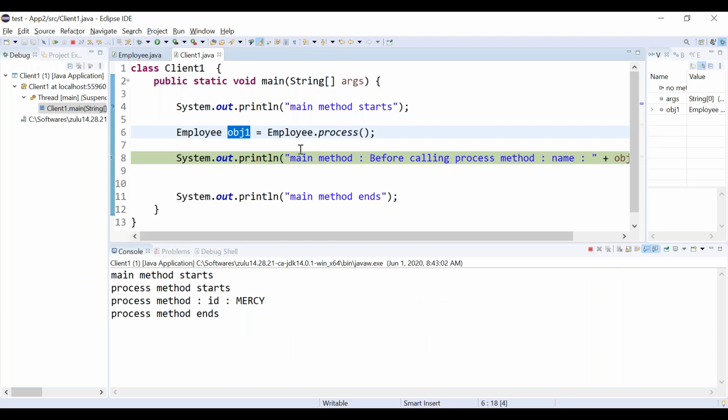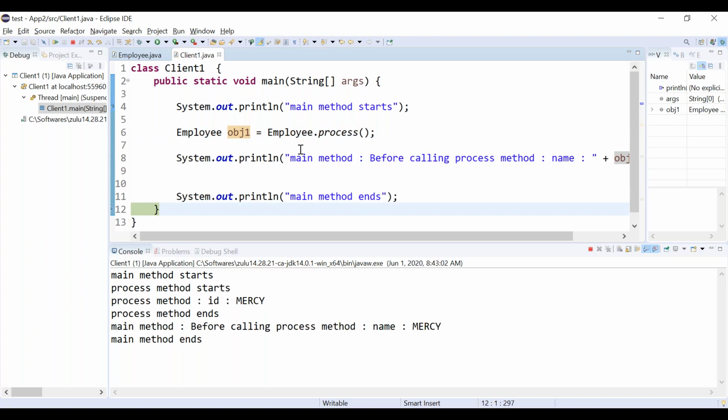Finally, in the main method, what you are doing? You are not modifying anything. You are just printing the value now. So even a method can return a reference variable also.